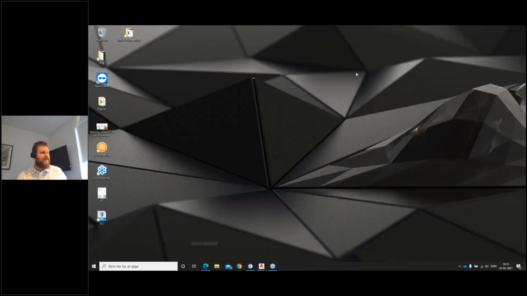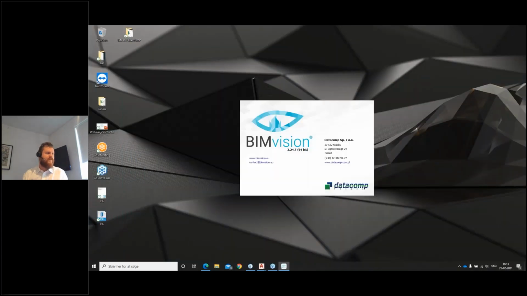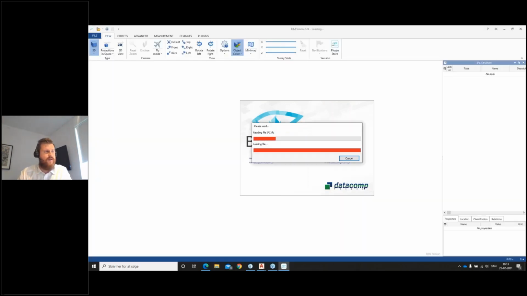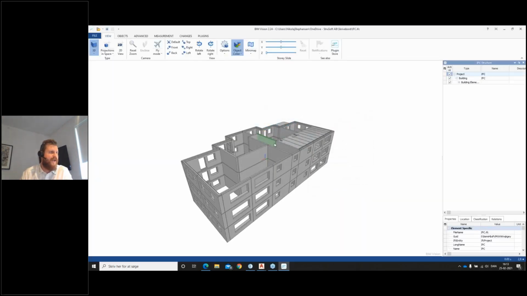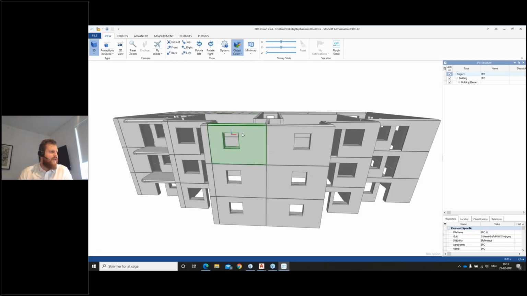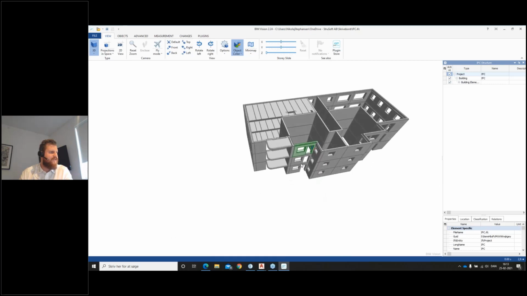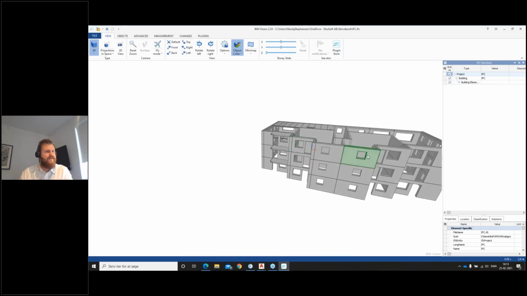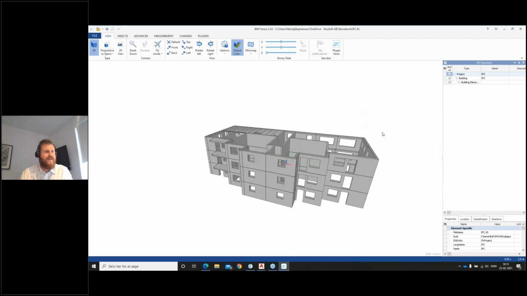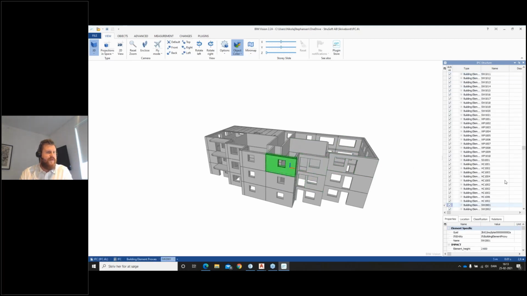And if I minimize AutoCAD now, and let's double click our IFC file just to open that one in an IFC viewer. This could be any IFC viewer, of course. This is just a free IFC viewer I have. So here, basically, we have these elements that we can now send to our client as well to view in IFC. If you click an element here, like I clicked the